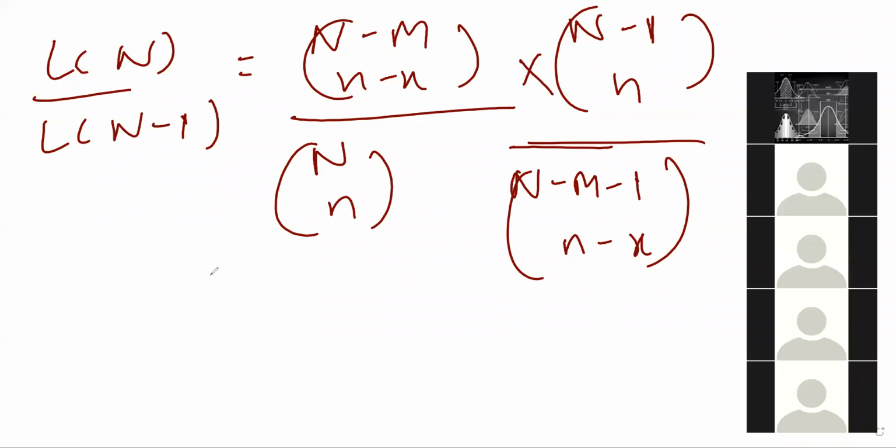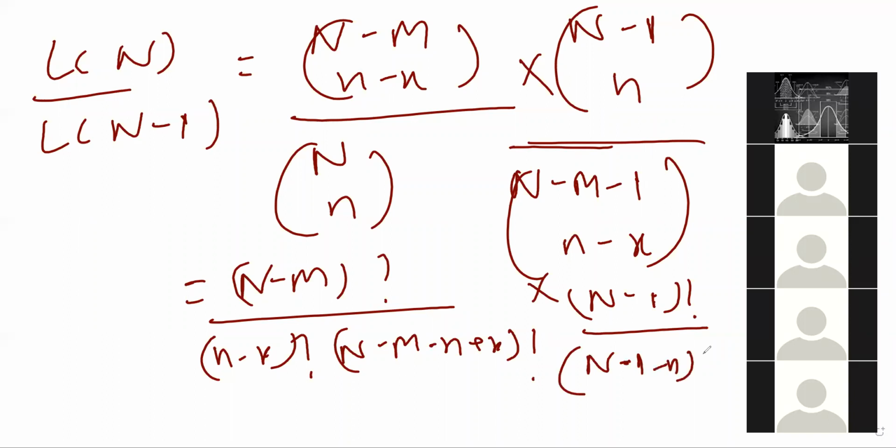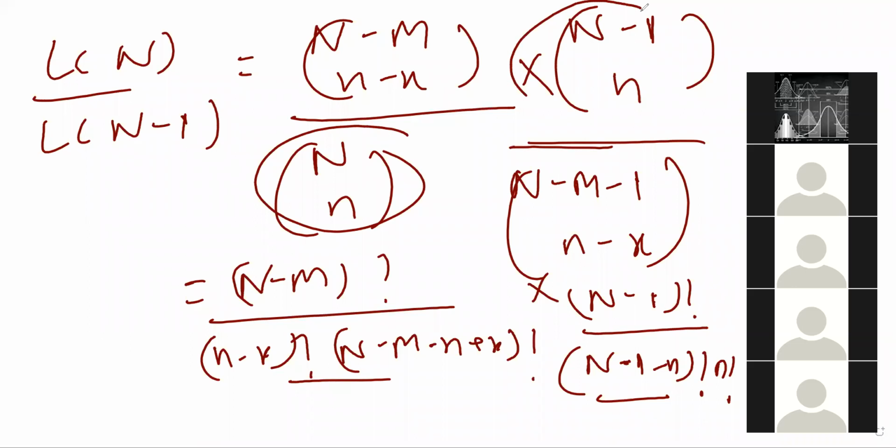It will be n minus m factorial upon n minus x factorial, n minus m minus n plus x factorial. Okay. Into n minus 1 factorial, this thing, n minus 1 minus n factorial into n factorial, and divide by the same thing. Okay, then this will be n factorial. You know, there is no space, so I cannot do it here. So after simplifying, this and this cancel out each other, and some n minus 1 thing will remain. So ultimately we are going to get